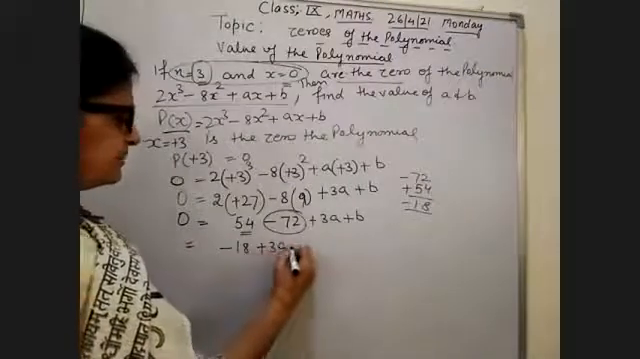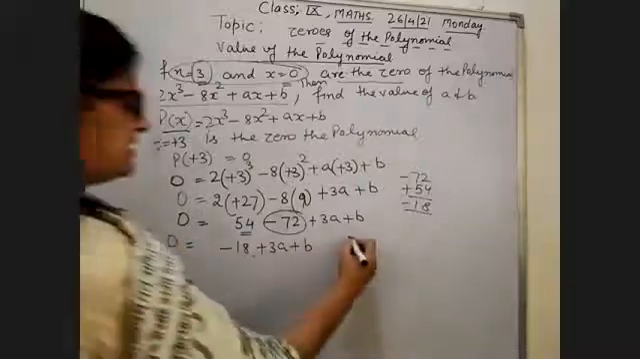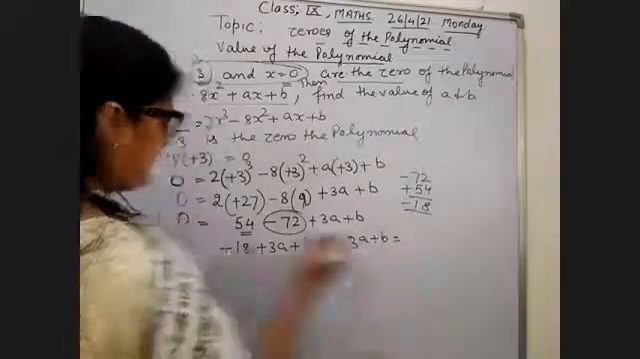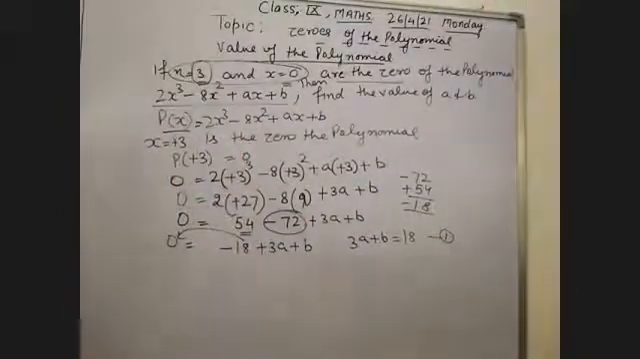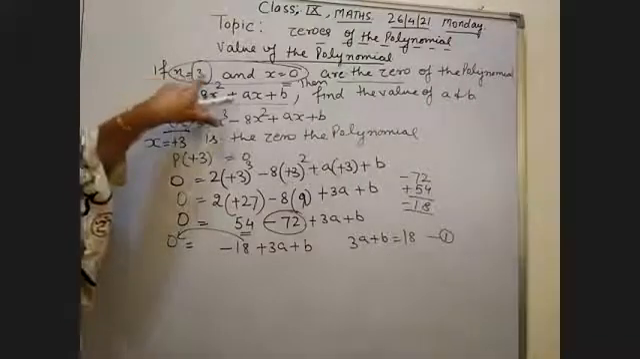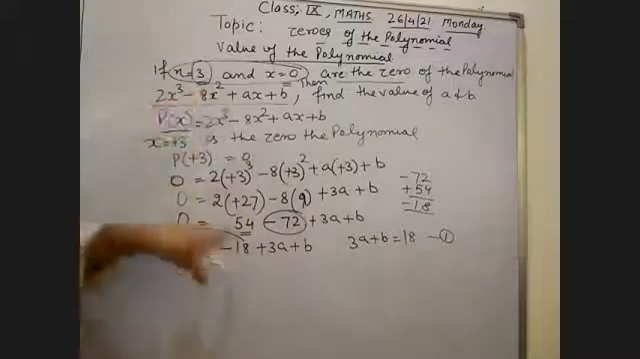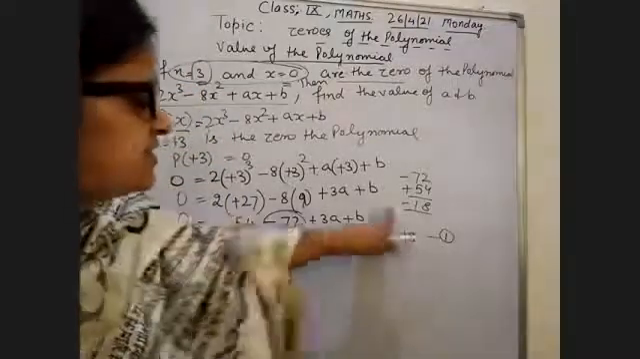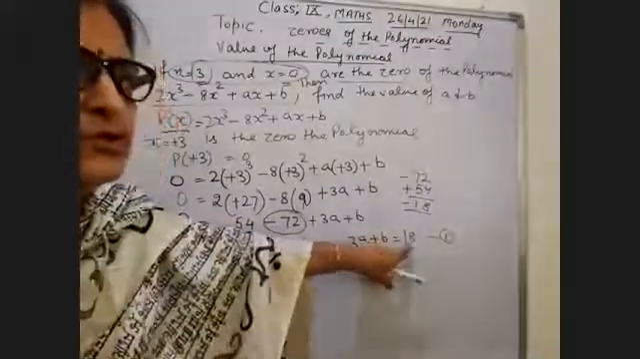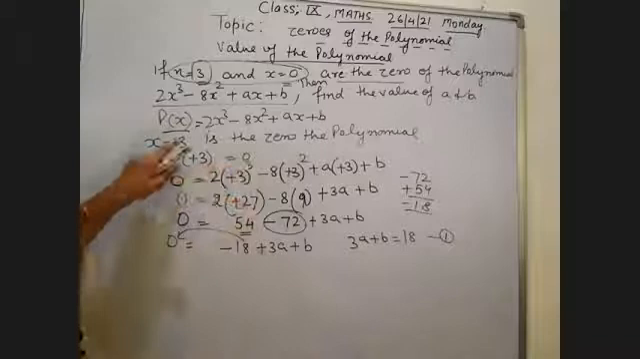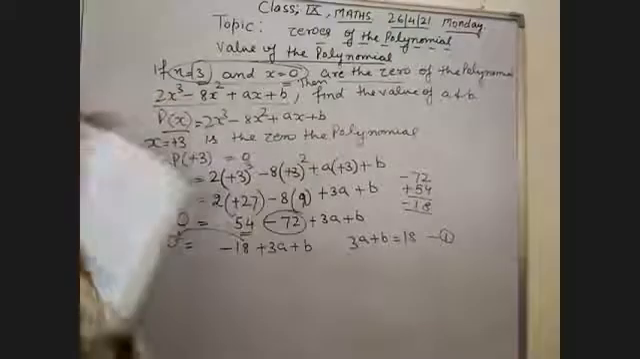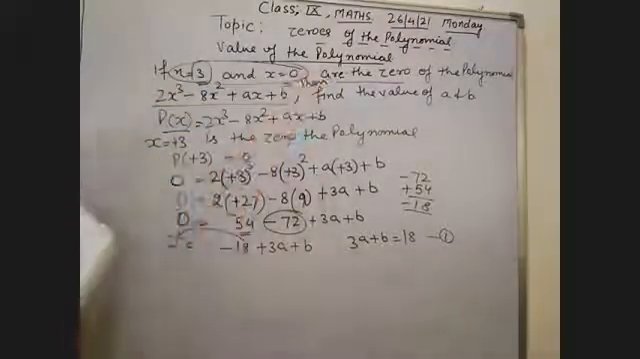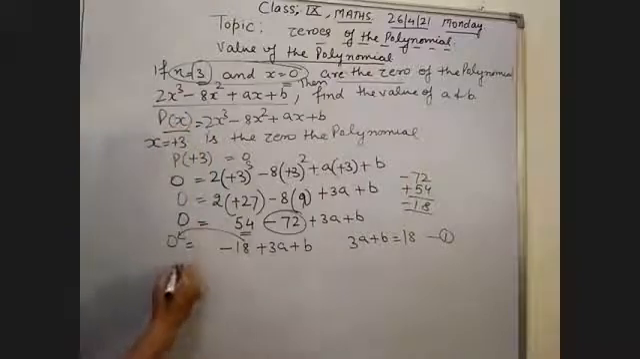Plus 3a plus b. So 3a plus b, when minus 18 is transposed to the left hand side, it becomes positive. 3a plus b equal to 18. While putting the value x equal to plus 3, your equation is 3a plus b equal to 18, and it is the 0 of the polynomial. So in place of the polynomial, we put here 0. And our next is x equal to 0 as the 0 of the polynomial. Then in place of px,